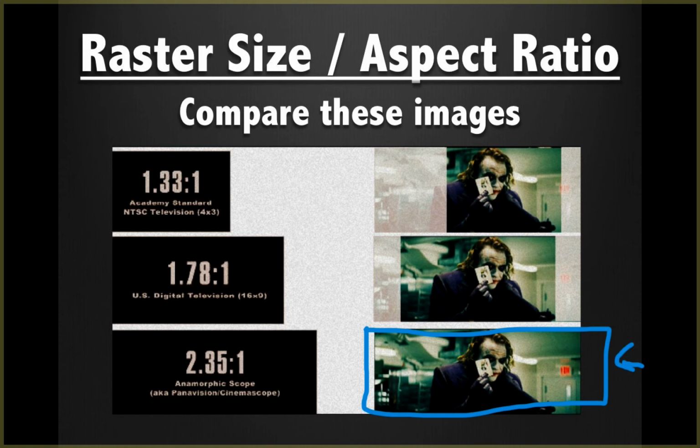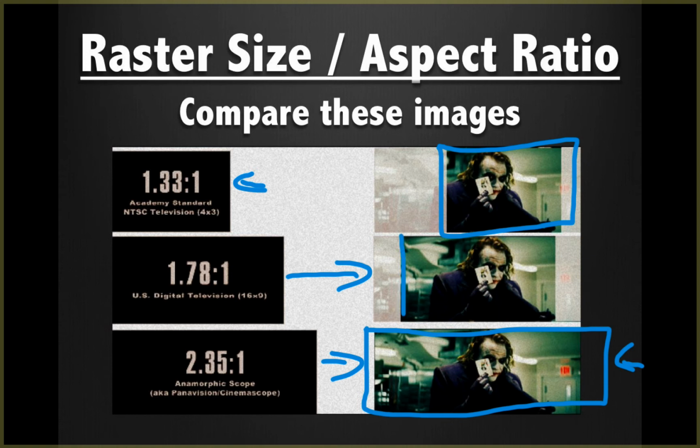But there have been times, or you may as an editor make this choice, that you don't want to have the letterbox, you don't want to have those black bars. And if you're dealing in a 4:3 environment, you're going to have to figure out where you're going to crop out that image. Or, again, you're dealing with widescreen footage and you need to take it into a 16:9 environment,